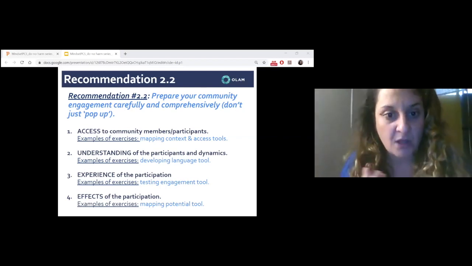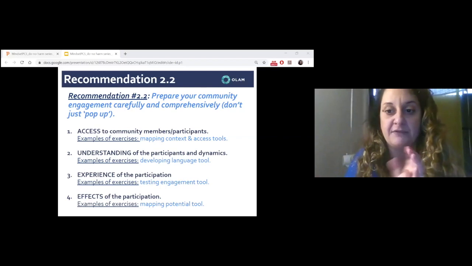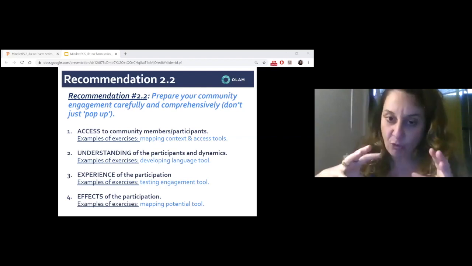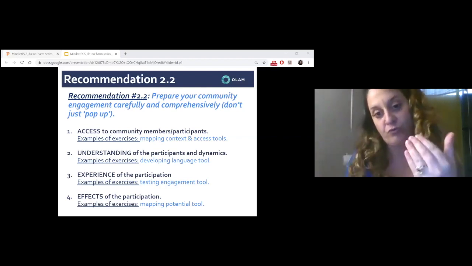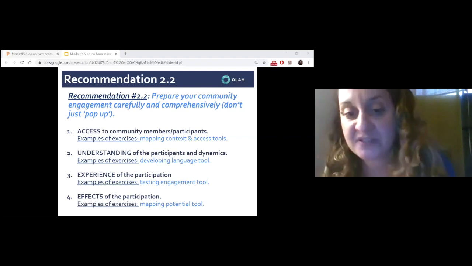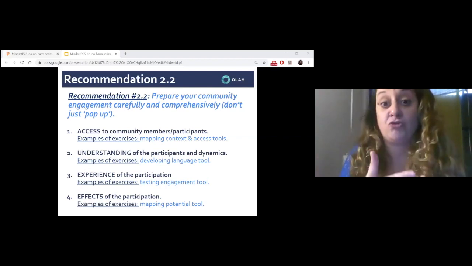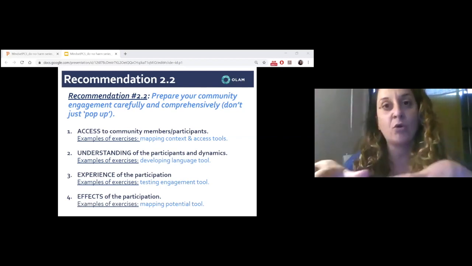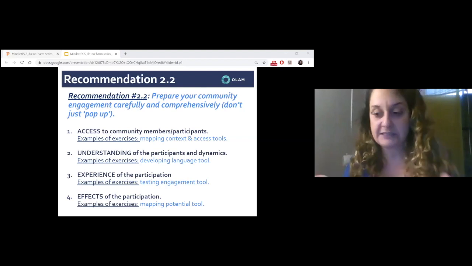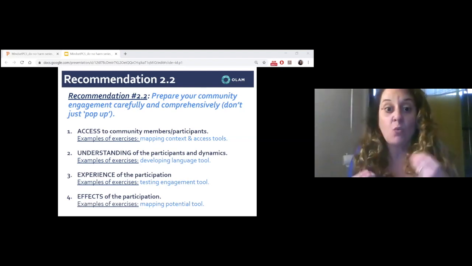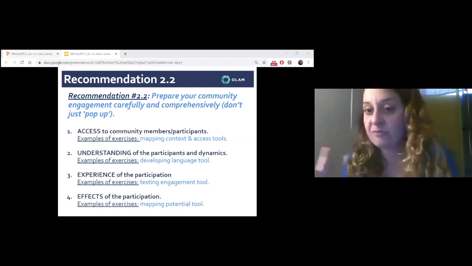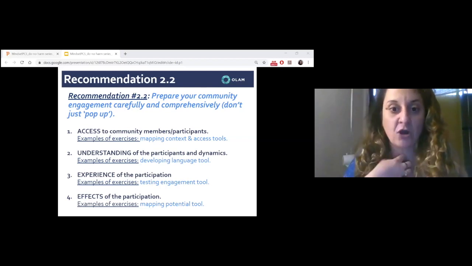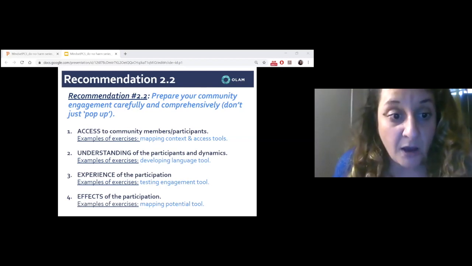And here I really like this tool called the Developing Language Tools that helps us brainstorm on what types of messages we want to share and how we want to share those messages. Do I want to share through words, through pictures, through symbols? I know that we are using more and more cards, to assess or understand context. So what types of words, what types of symbols, what types of pictures? So it's really interesting exercises that help us create that common language. The next